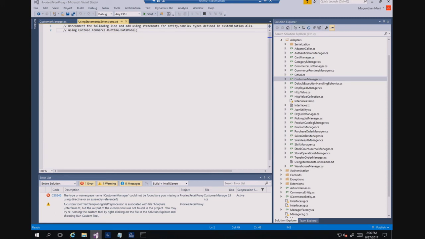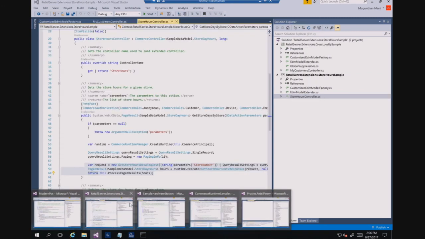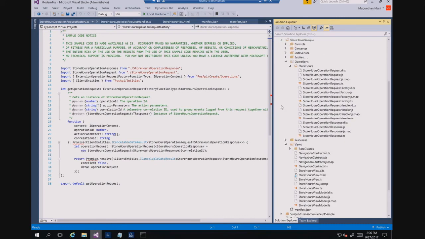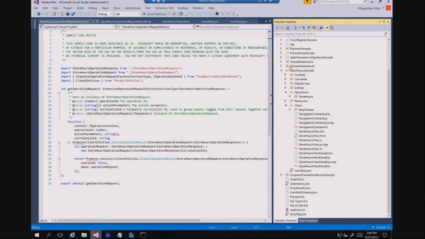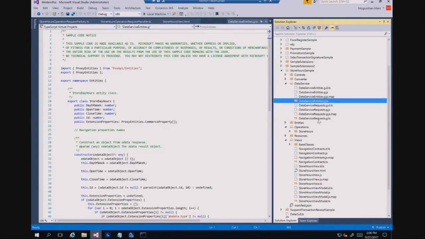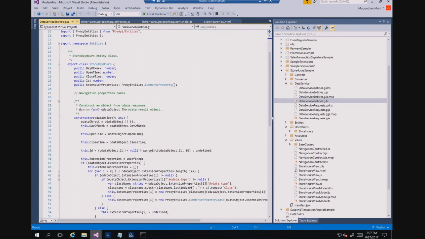For example, if I show my store sample, which is something I need to generate a proxy for, because it's a new feature, POS doesn't know how to call it. So here in the modern POS, if I go under the store, under the data service, it will generate these two new files when you call that commerce exe with a parameter. It has nothing, just the entity information, whatever entity you created in the CRT. You're saying these are the table, request, list of field names.